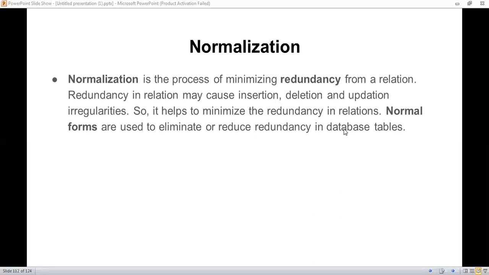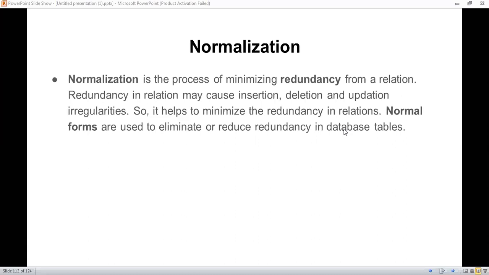So normal forms are used to eliminate or reduce redundancy from a database table or database relation. So we have to minimize the redundant data from a particular table or relation. That process is known as normalization. It happens with three operations: insertion operation, deletion operation, and third, the updation operation.